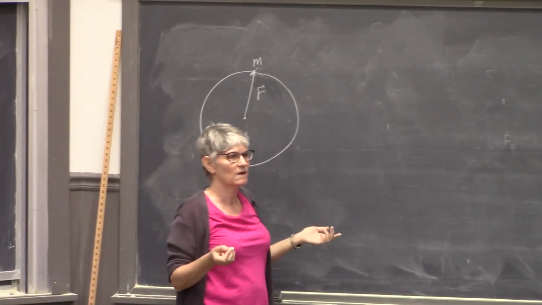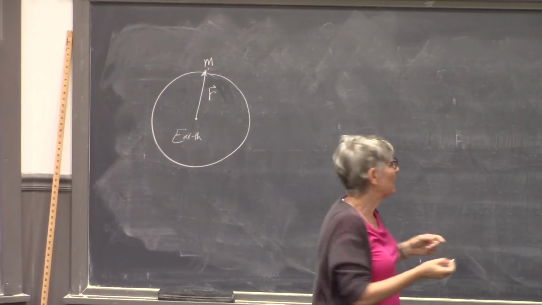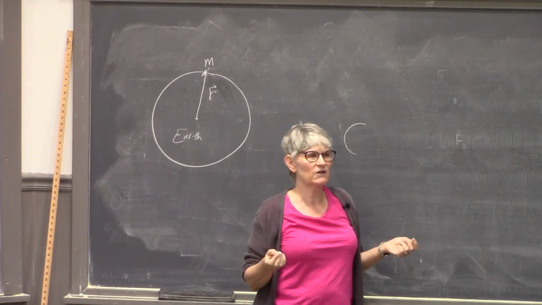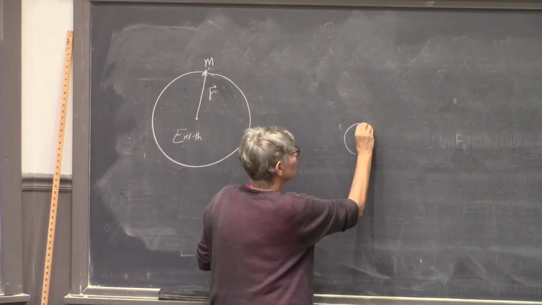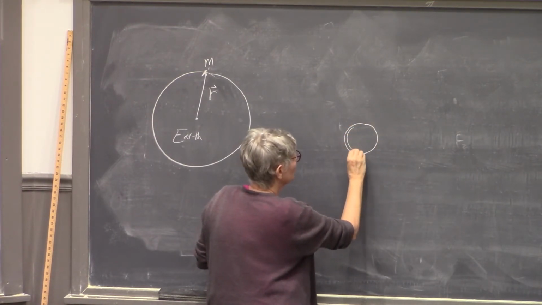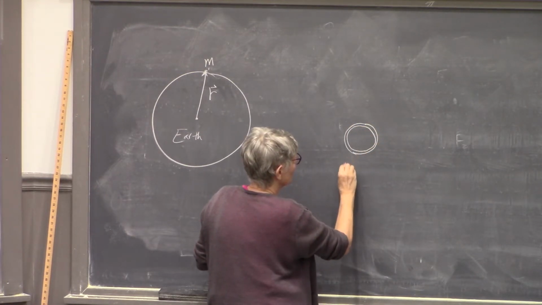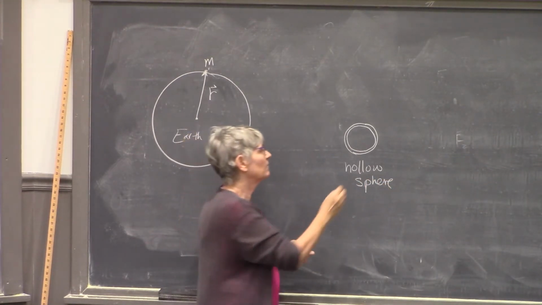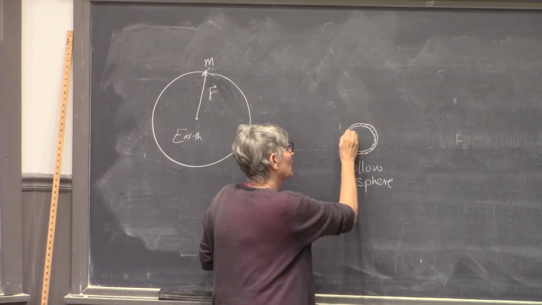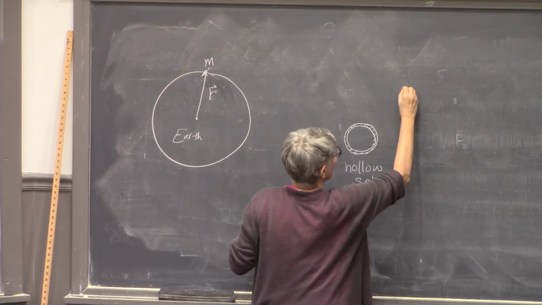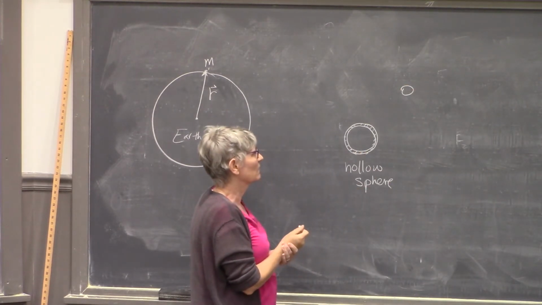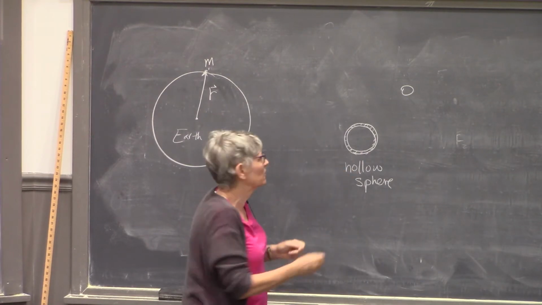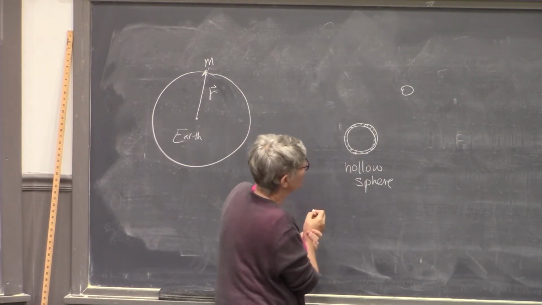It turns out mathematically, and you can actually show this using ordinary calculus, it's just sort of annoying, that if you have a hollow sphere of uniform density, the force on an object outside the sphere is the same as if Superman came along and crushed this hollow sphere into a point. And you can kind of see how this works,